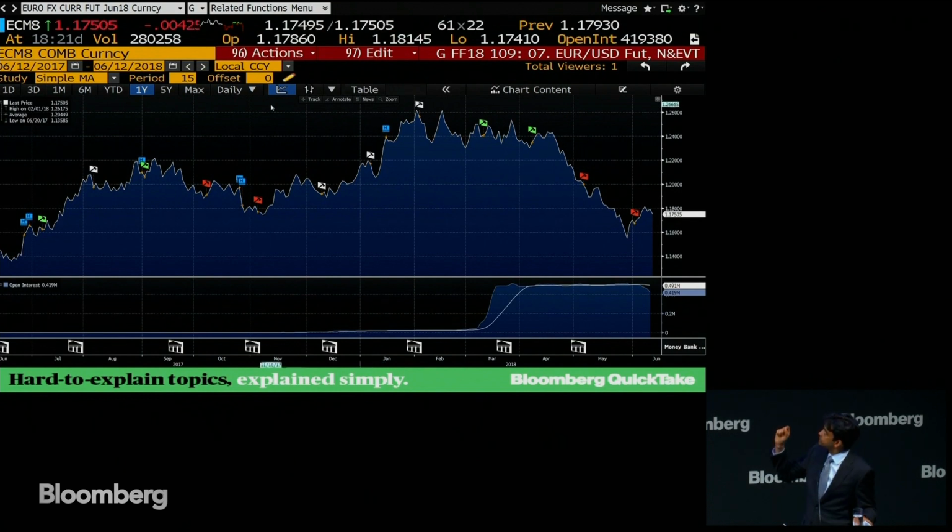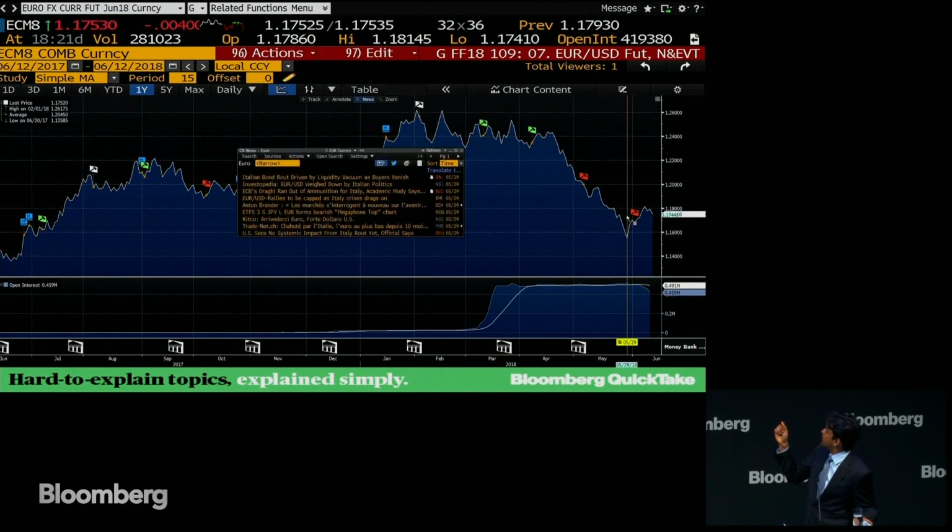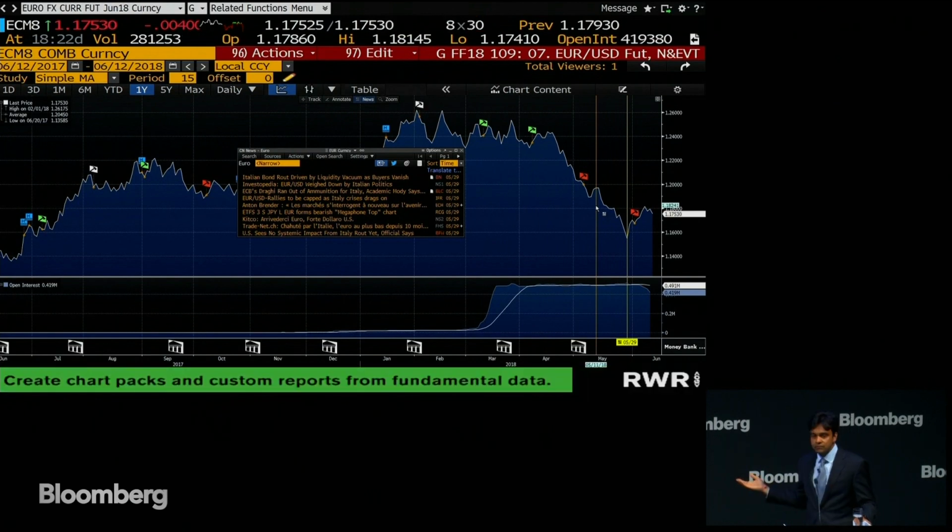And there's also another button, the news button. If you click on that button and hold your mouse at any point on that security, you get a little pop-up which explains what were the key news, what were the most read or most clicked news items that led to that price action. And in this case, of course, it's the euro-dollar future that we're looking at. And obviously, this was the Italian elections and the uncertainty around those elections and the coalition government that led to that sharp price action. So these are the 2 things that I wanted to highlight, the key events and the news, which really offers a way to investors to leverage the power of the entire Bloomberg offering, including the news,